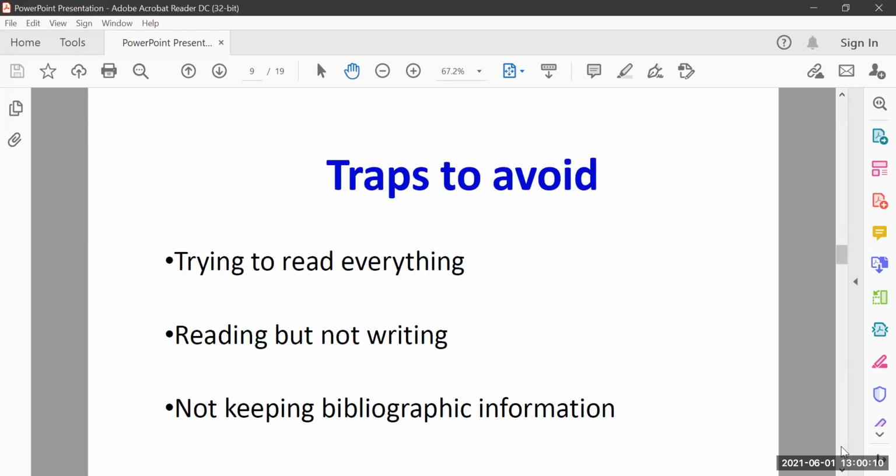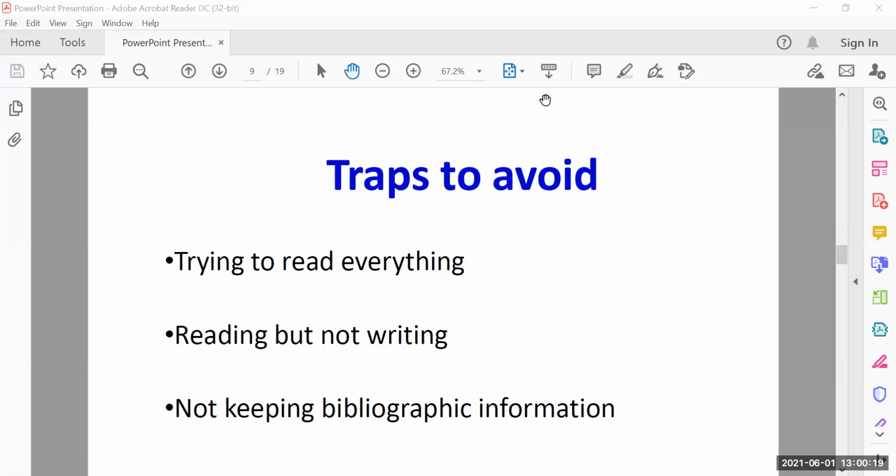Now, sometimes we get trapped, right? Doing the literature review, you know that a lot of literature is available, so don't get confused. I already told you, go only for the literature that is relevant to your area.